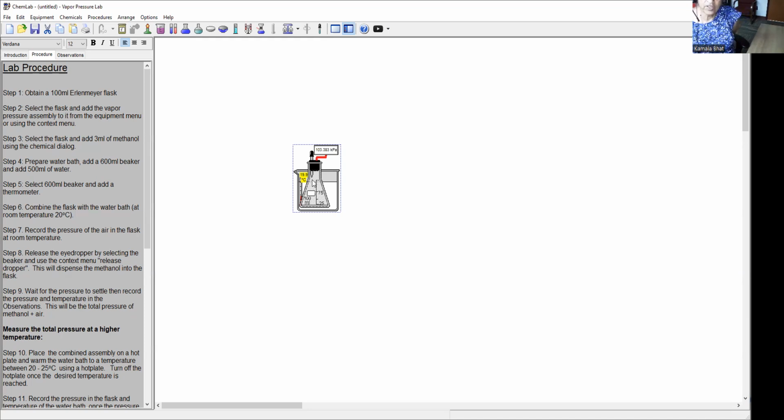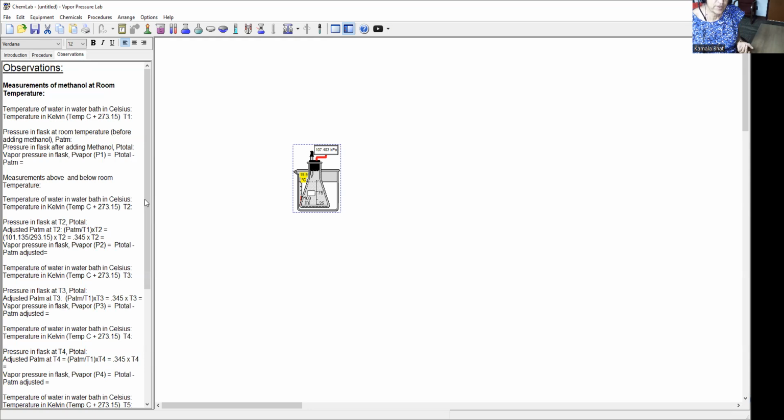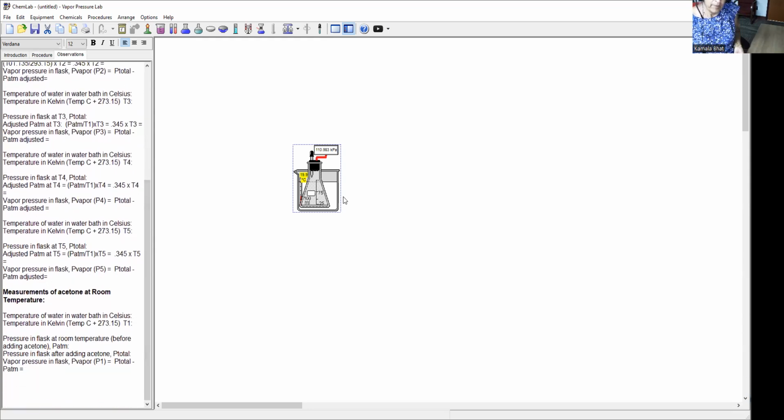And then when the pressure does not change, record the pressure, because you have the initial temperature and the 3 ml methanol. Make sure you record it. Once it stabilizes, record the temperature and then enter it under the observation table as shown over here for each set of readings. Calculate the corrected volume, the adjusted pressure due to the vapor, and get the vapor pressure in the flask. And once you do that, you can use the plot, go through all the sets, and after that, you